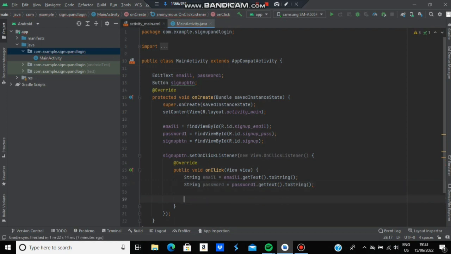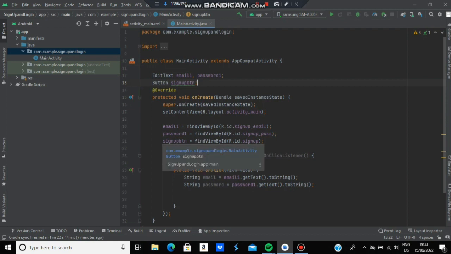See what all we did: we created the design part, and after that we came to main activity. We created two things here: edit text and button. It has email and password, then we assigned it to the respective IDs. Then we came down, and when the sign up button is clicked, what should happen? It should fetch the email and the password, store them in strings, and check if the password is valid or